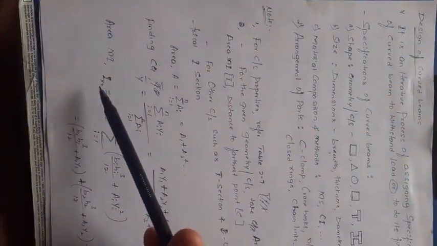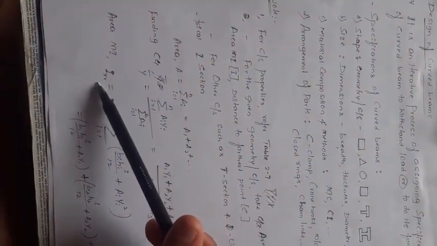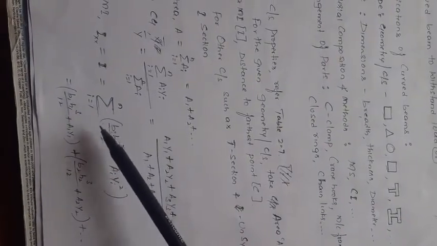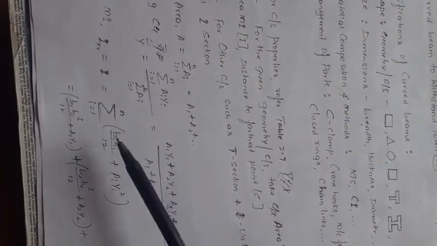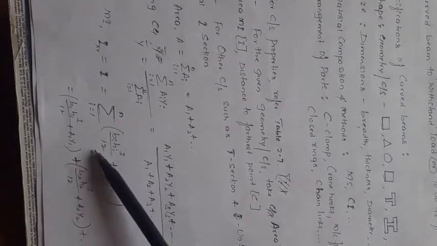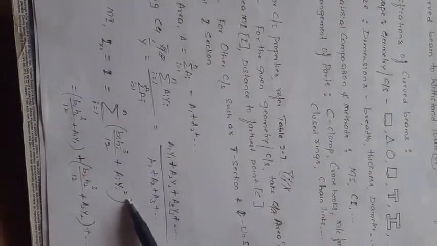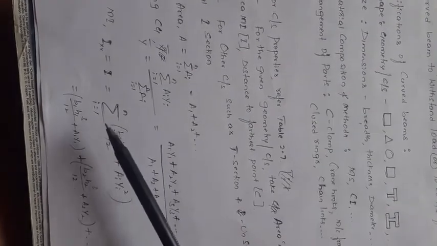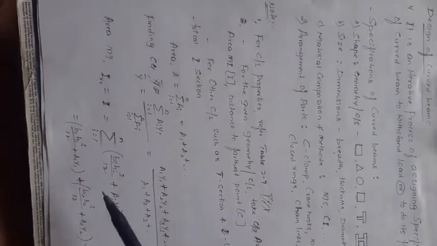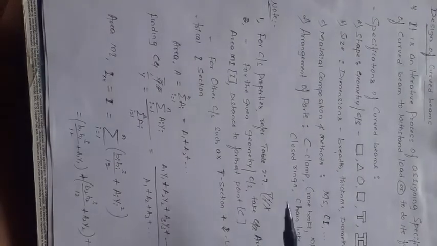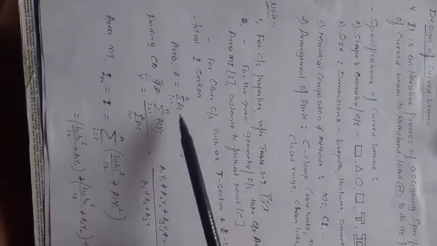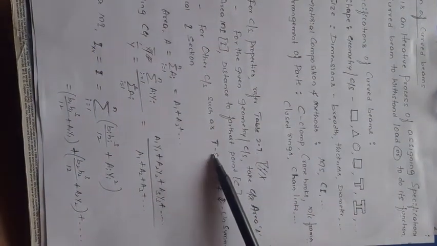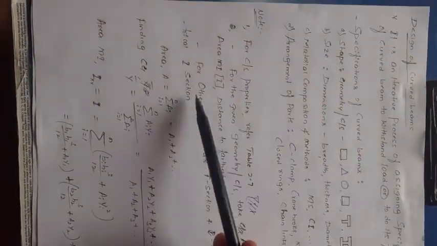Then the area moment of inertia about the x-axis, I, is equal to the sum of, for rectangular blocks, bi hi cubed divided by 12 plus Ai yi squared, where i varies from 1 to n. Then substitute the values from 1 to n, and you will get the area moment of inertia. These are the geometrical properties, cross-sectional properties, for what type of section? T section or unsymmetric I section.